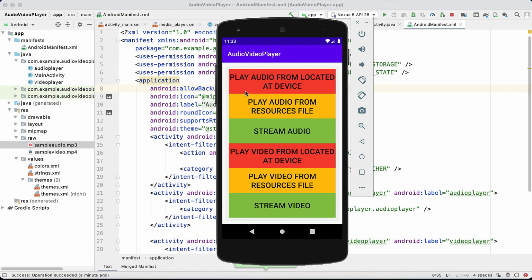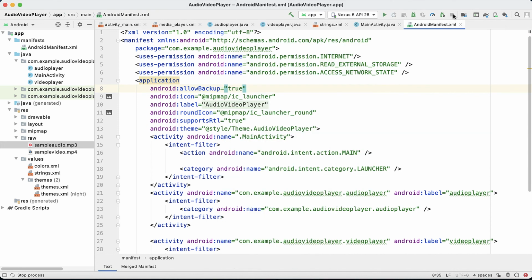So like this, if you have an SD card in your phone and you just copy paste this particular audio file in the SD card, and you click on this button, then also it will work fine, right? So this way you can create the particular audio application with the use of the media player class.